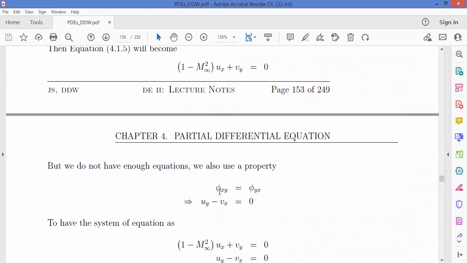So you have phi xy. Here, this is more of commutativity, that this is the same as that one there. So the order of the so-called independent variables